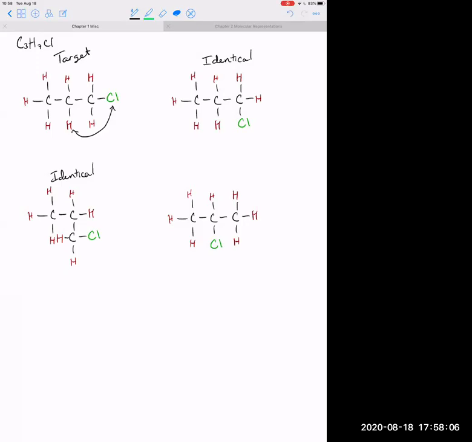So this would be an example of a constitutional isomer. Now my chlorine is bound to that central carbon, not one of the terminal carbons, okay? This is also where model kits are really great, because if you had a model kit and you built this molecule right here, or this molecule right here, you would realize that you built the exact same thing. Whereas if you built this fourth one here, it could never be superimposed or the exact same as that other target molecule. So this is a constitutional